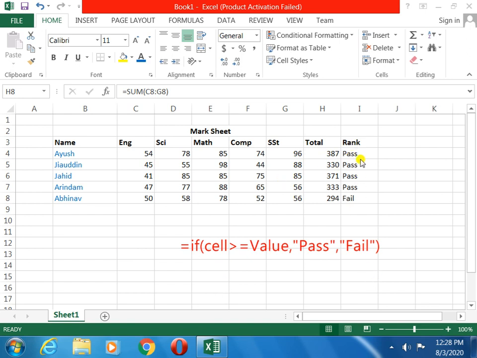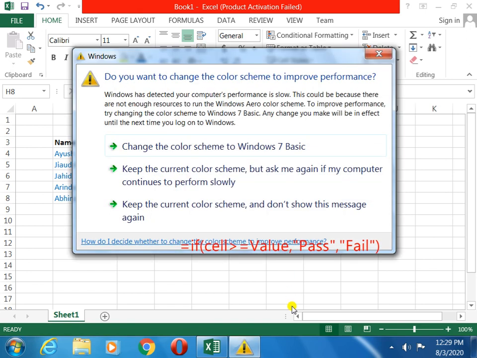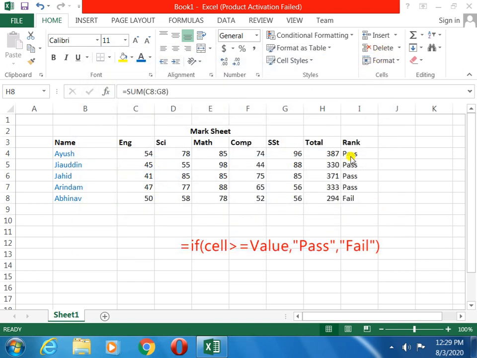Okay, I have shown you. Next day I will show you how to take out the rank, meaning A grade, B, C, D, and otherwise fail. This one I will show you next day. Today you just see this and practice at home. Whenever you write the formula, you will write this syntax and also these structures. Then you will show me. I hope you understood today's class and you will practice at home. Okay, bye.